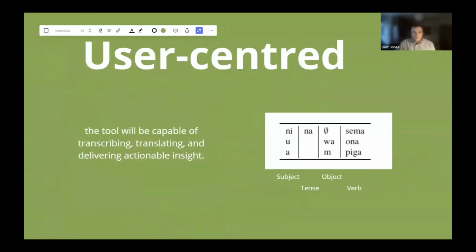We wanted the tool to be centered around the challenges of these users and discovered we needed a tool capable of transcribing, translating, and delivering actionable insight from Luganda, one of the major languages spoken in Uganda. We had started the project thinking we would be dealing with Swahili, a low resource language with limited data upon which to build and train a model,